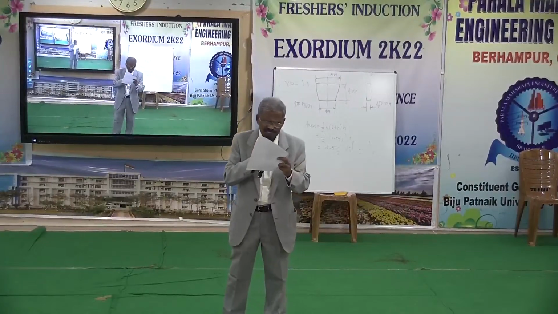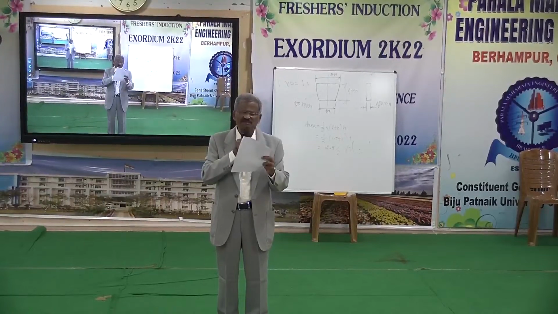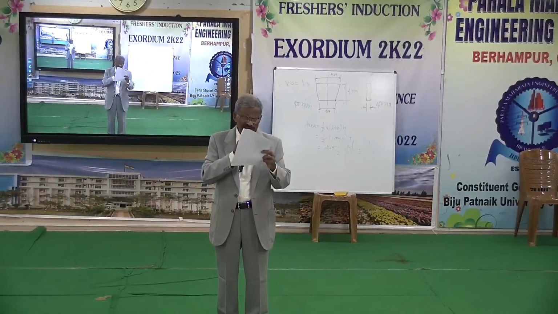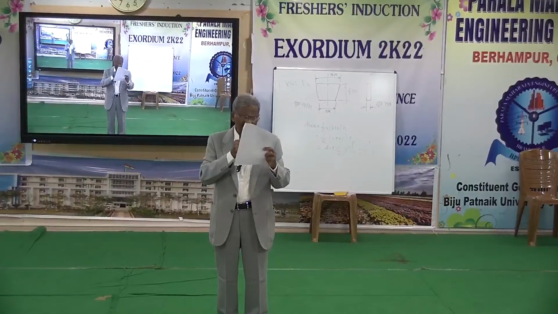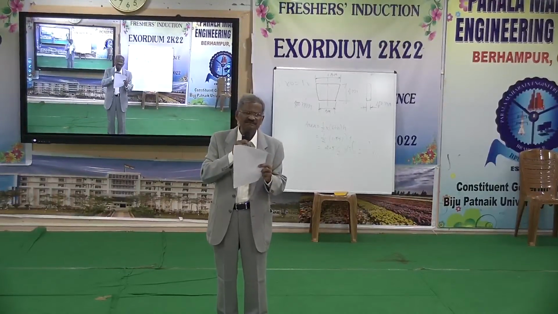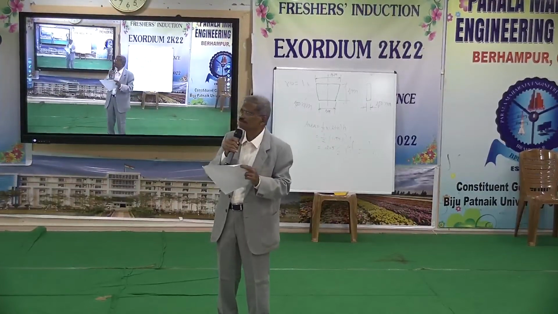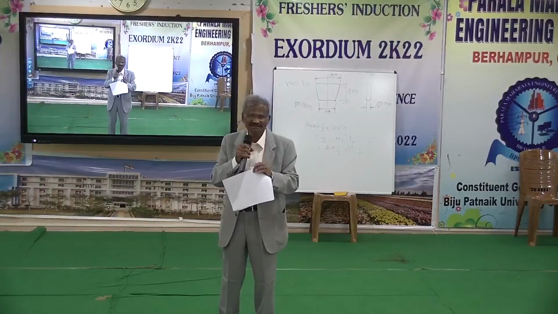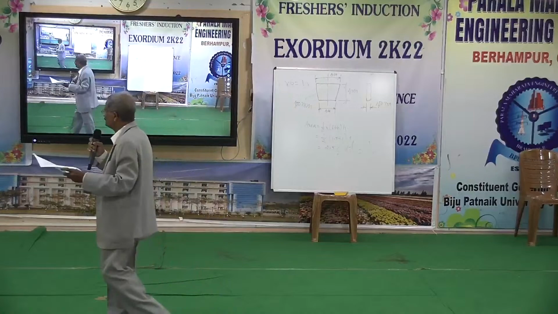Then the next chapter is how to prepare the plant layout and system layout drawing. Those descriptions will not be available anywhere, so I have tried to put them in after gaining the whole experience. One chapter is on basic materials used in industry. Another chapter is on basic drive systems or mechanical drive systems. With all this I have written this book. It took me almost 2 years, 22 months, to write the book. I know with what difficulty I made it. You can only have a look at the book. I cannot show it to everybody.